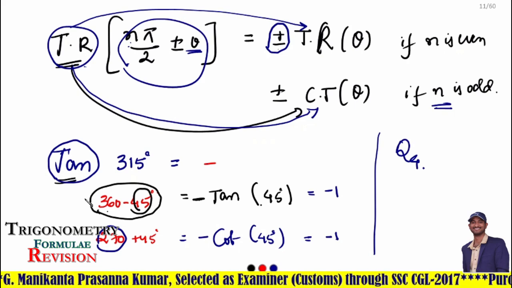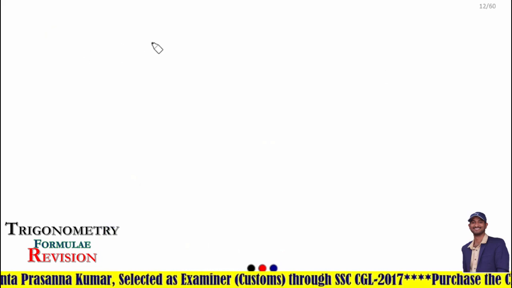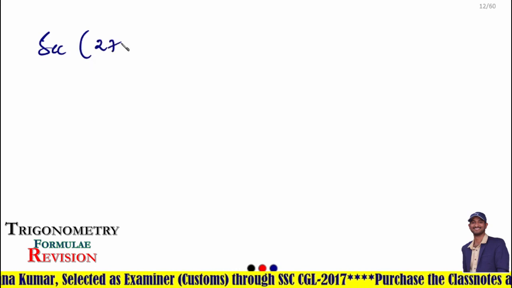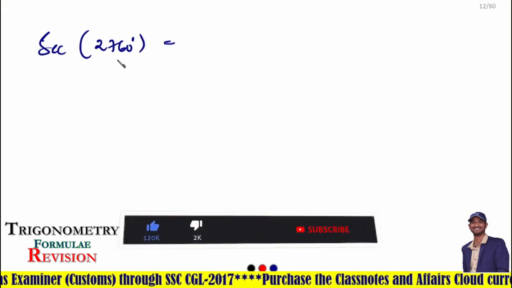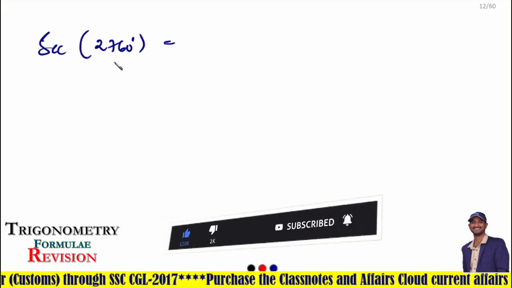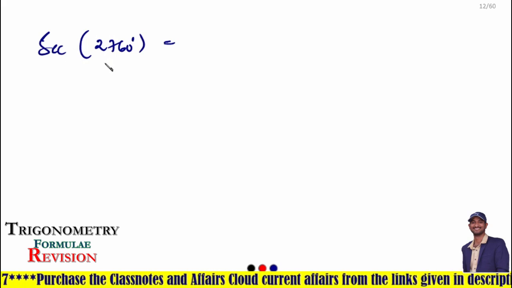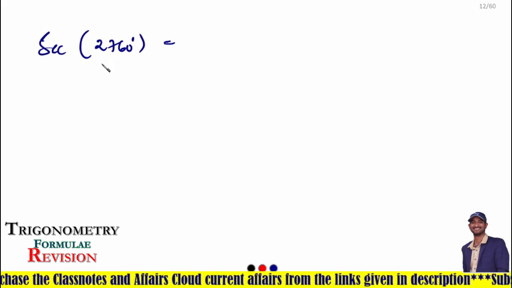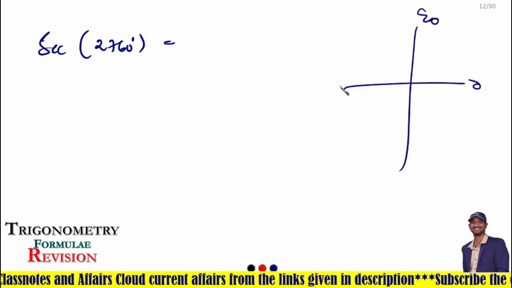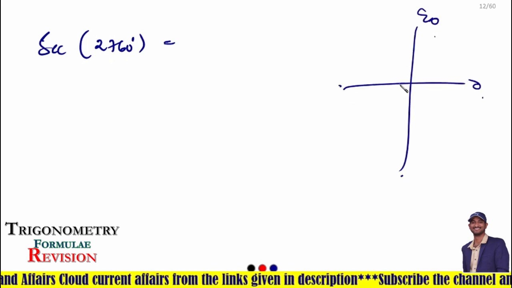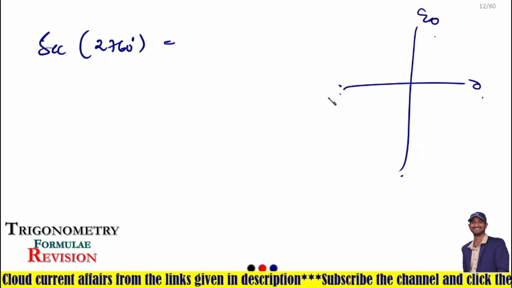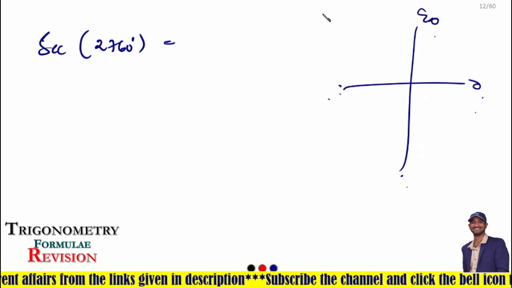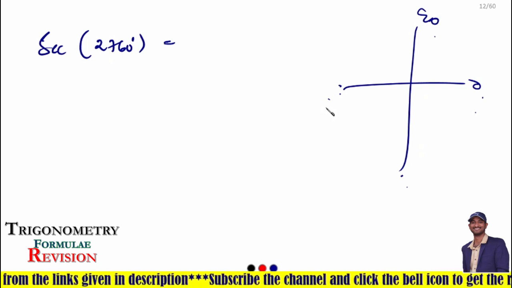Okay. Suppose there is a higher angle like this, secant of 2760 degrees. Suppose a higher angle, not 3 digits but 4 digits, is given and you have to find its value. How can you find out which quadrant it lies in? First we have to know in which quadrant it lies. Yes or no? We don't know. 2760 means 0, 90, 180, 270, 360, 450, 540, 630, 720 plus 90. It's not practical. Then how can you solve it?